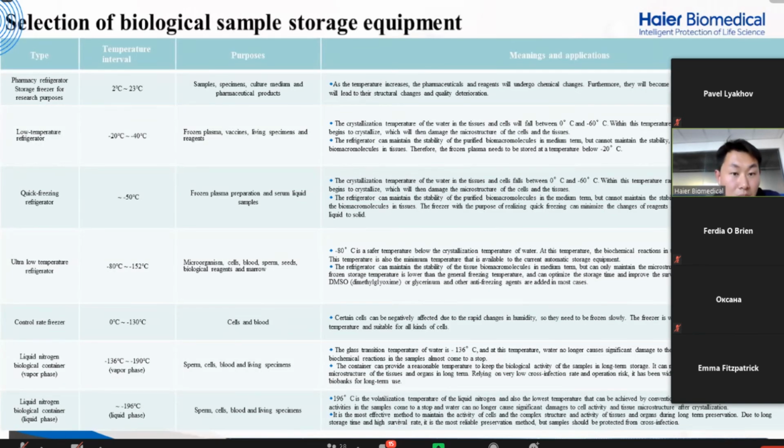For the biosample storage equipment, normally you can check on this form. It has different kinds of temperature zones. Normally we see 2 to 23 degrees, minus 20 to minus 40, minus 50, minus 80 to minus 152. Different zones store for different purposes. And for minus 136 to minus 190, this one you will start to use